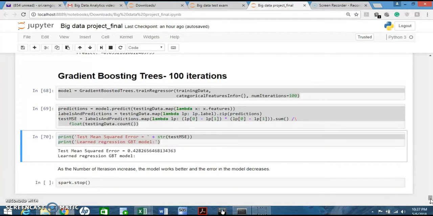These are the analytics we have done on this data set. The same has been done in Amazon clusters. So ideally what we have done is we are trying to predict the housing prices given a data set. So our model can be used to determine the price of a house when someone wants to buy or sell a house based on these weights for the features.